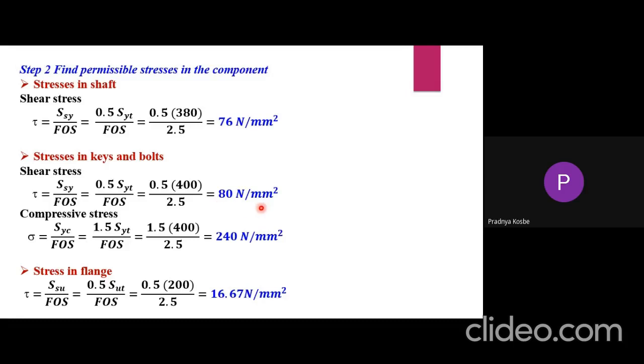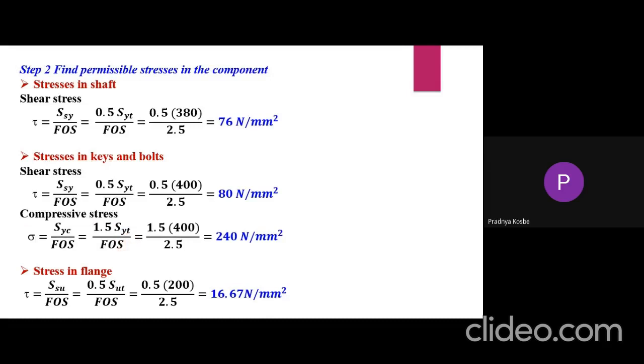Permissible shear stress for keys and bolts is 80 Newton per mm square. Then compressive stress sigma is equal to SYC divided by factor of safety, that is, the compressive strength under yield divided by factor of safety, which is equal to 1.5 SYT divided by factor of safety,